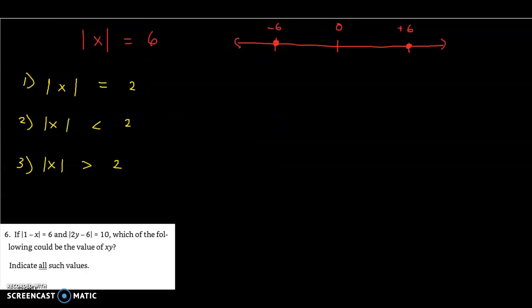Let's see here. I'll try to do this fast. Here we go. All right, now there's just a slight bit of a complication with an inequality. So let's just take this scenario here. If x has to be less than 2 units away from 0. Well, if you think about that, if I sketch that scenario here,